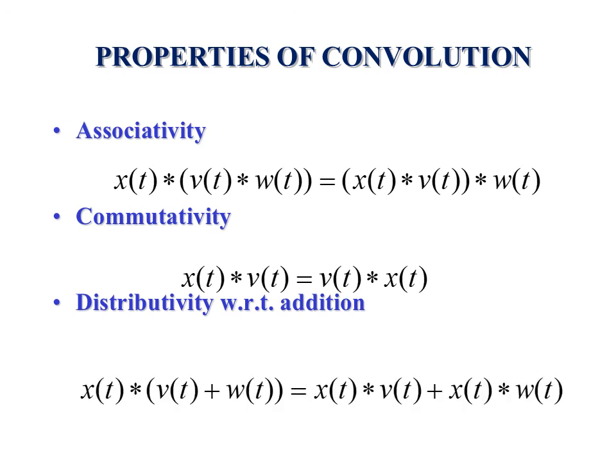The third property is distributivity with respect to addition. Here we could see that x of t convolved with v of t plus w of t is going to give us x of t